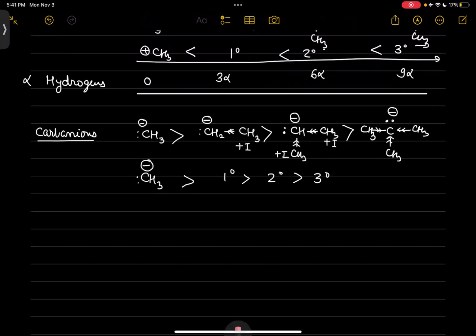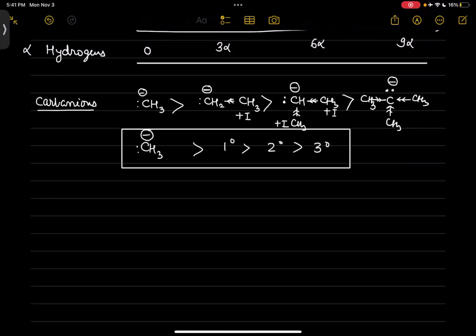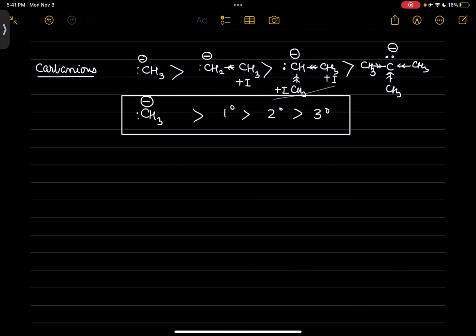So this, I hope, is clear. Primary, secondary, tertiary: primary is the least stable. Next is